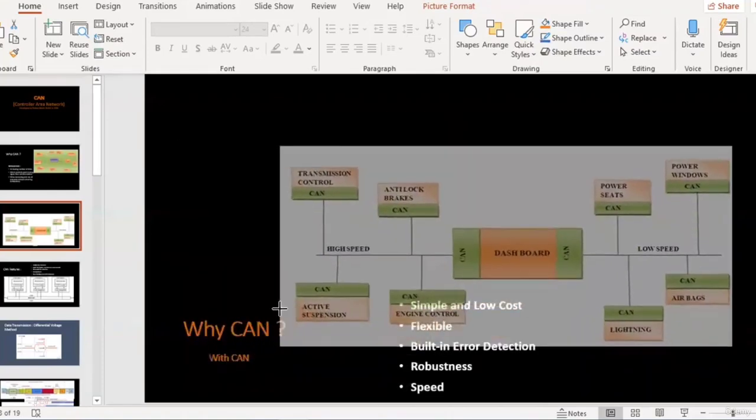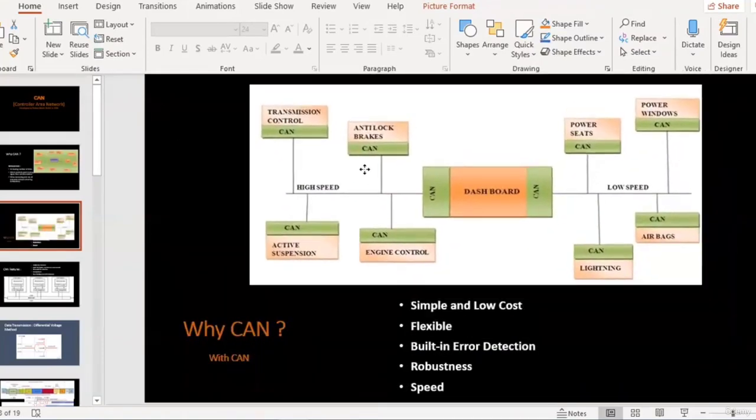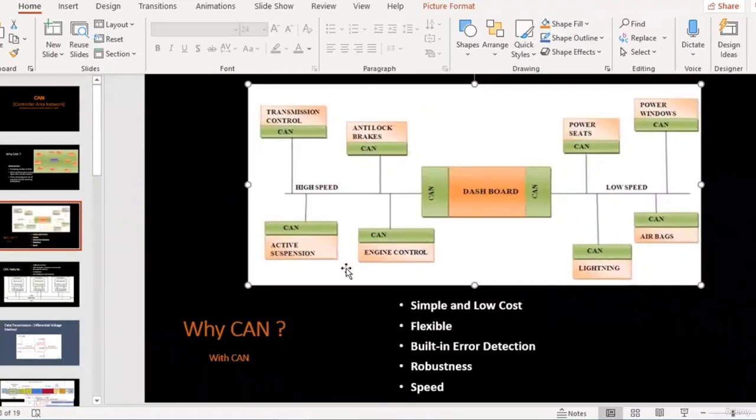Okay, so this is how the CAN line is configured. Why we are using CAN in automotive is because it is simple. As you will see, this diagram also is very plain, white and simple. And there are ECUs which can be plug and play. That means any of these ECUs connected on the CAN line can be removed or added without really affecting the network.